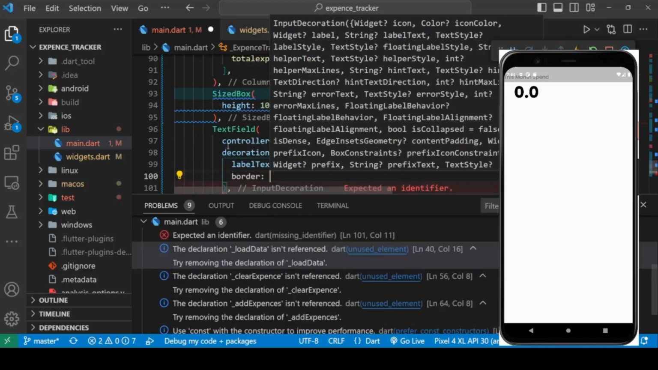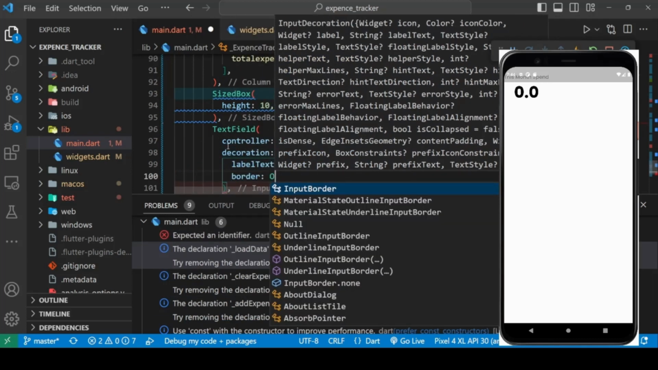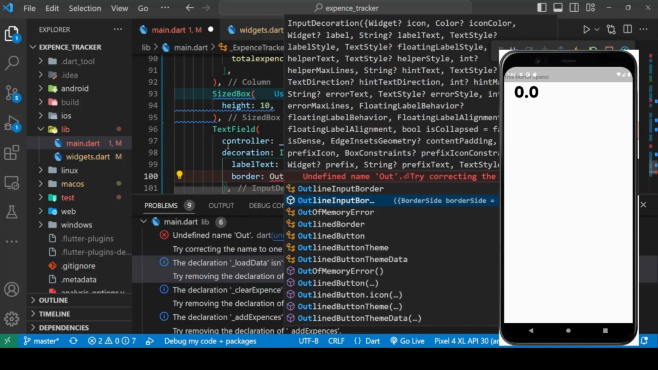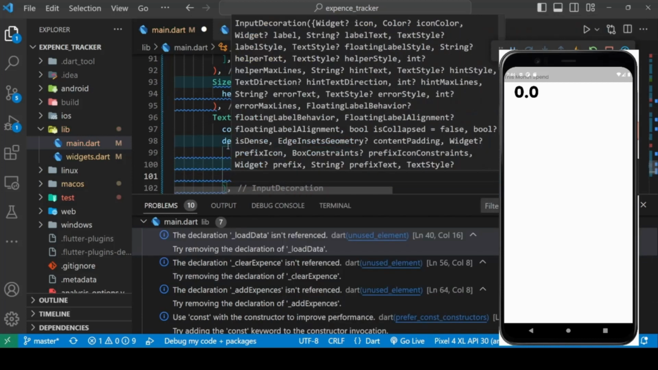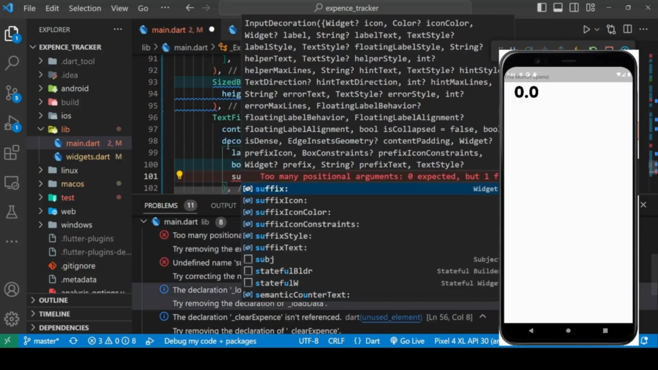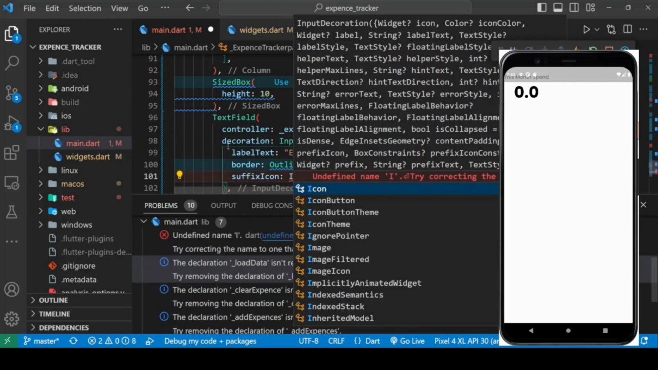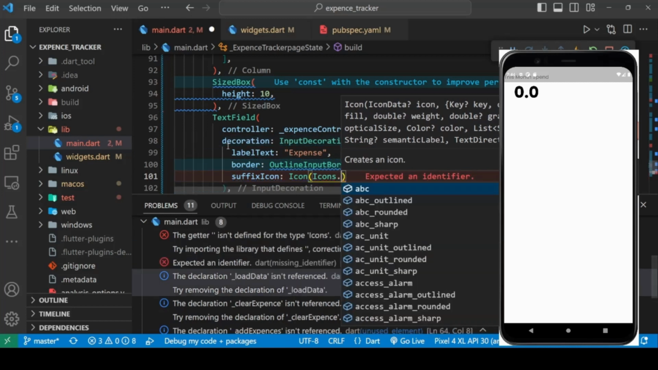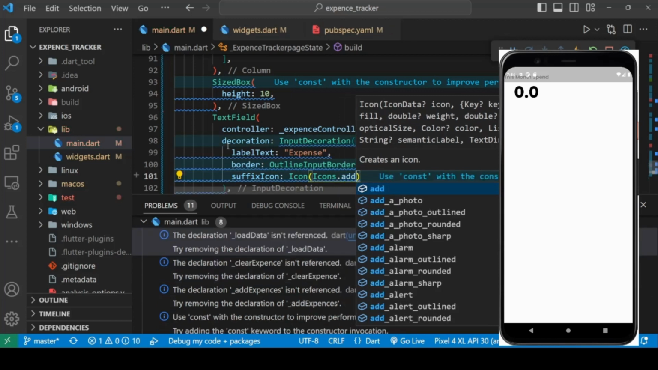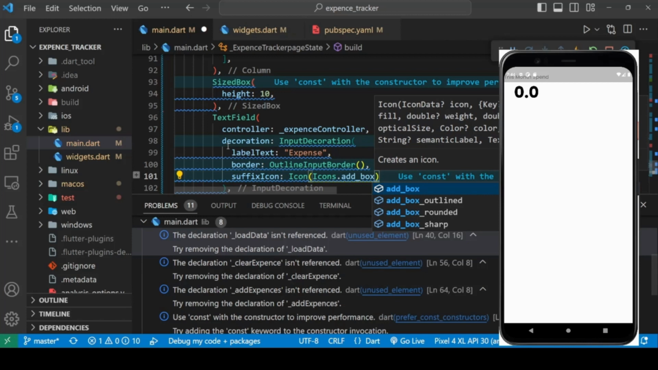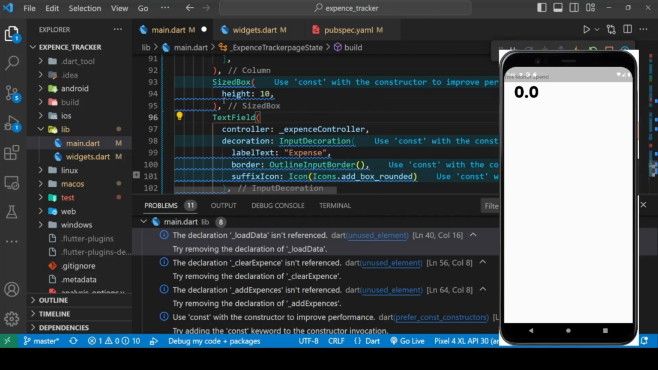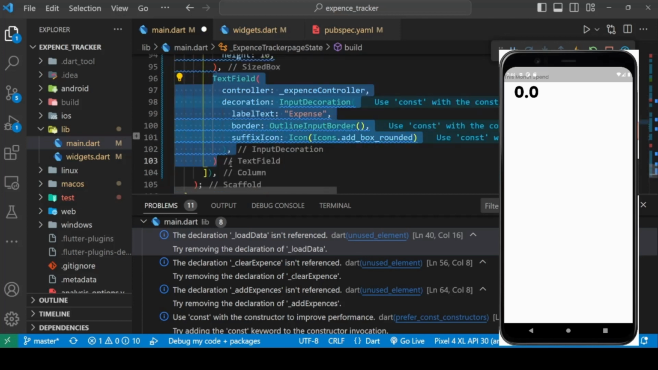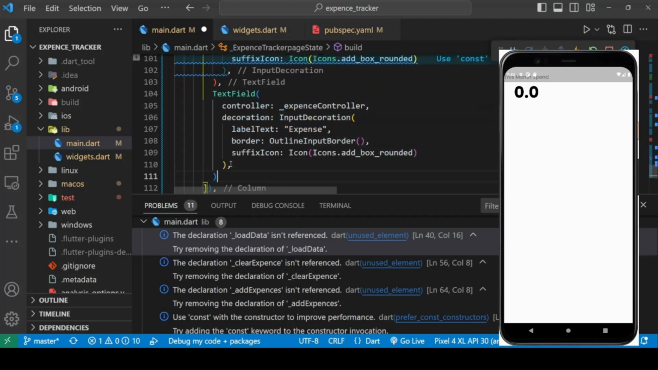and we also want a border, outline border, and we can also give a suffix icon, which I'm calling the icon widget, of add box. Now, this is our text field, which will be containing all the things, and let's copy it once again